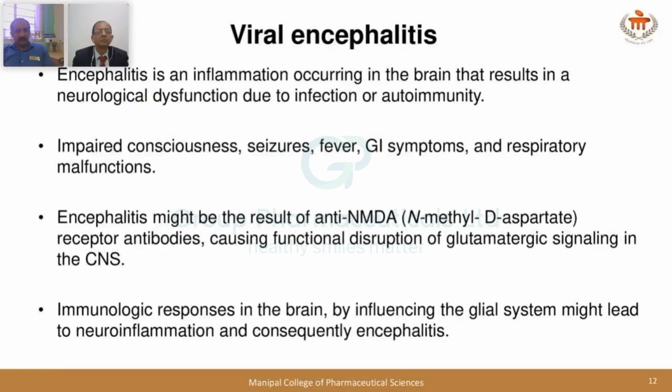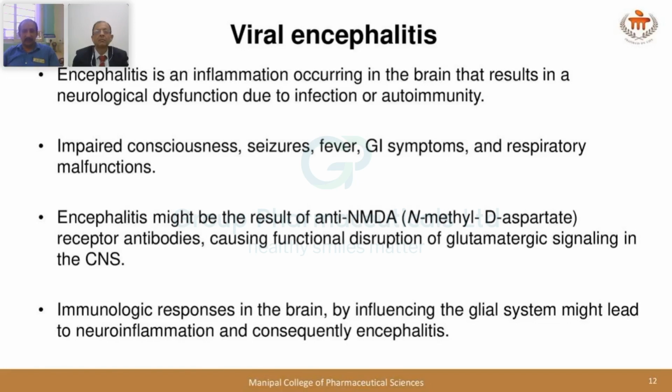Another disorder is viral encephalitis. Viral encephalitis is the inflammation of the brain, and inflammation of the brain will result in impaired consciousness and may result in seizures, fever, respiratory malfunction, GI symptoms, etc. So when the SARS-CoV-2 virus gains entry into the CNS, it may cause inflammation